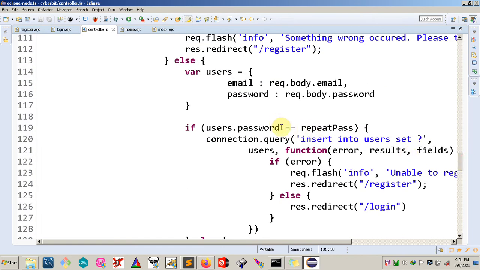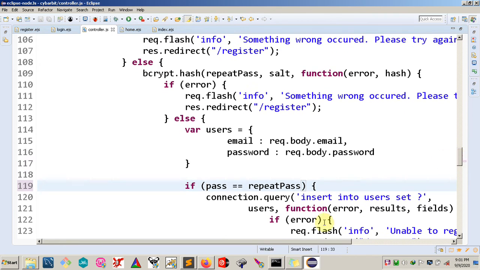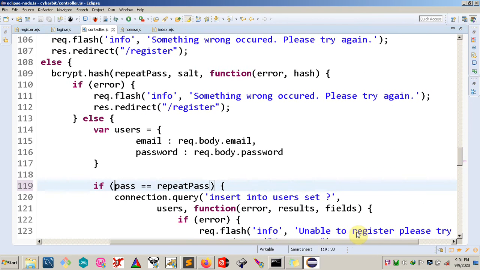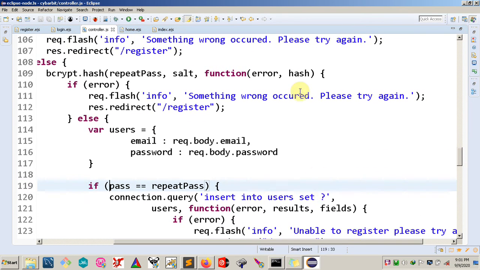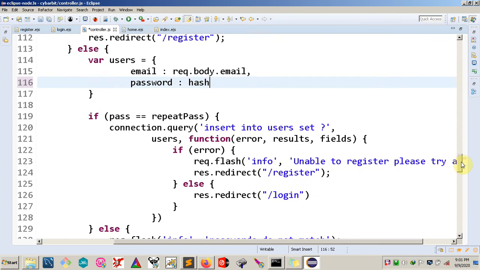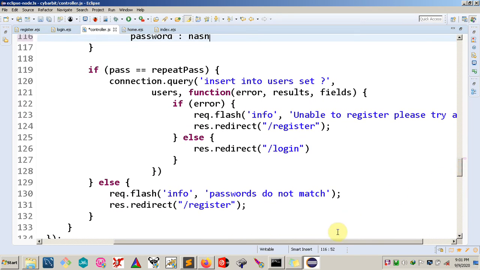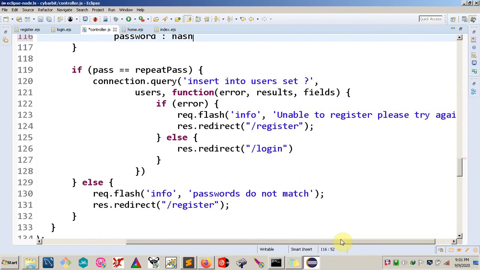So here I'll just change that to pass, and everything will be fine. And we also need to pass in this hash to our user's password that is in this location. So make sure that you make that change, and once we have that, I think everything is just fine, and